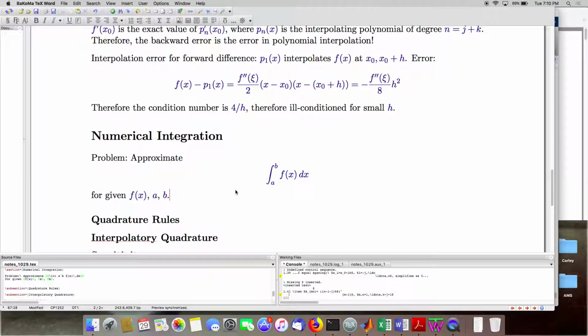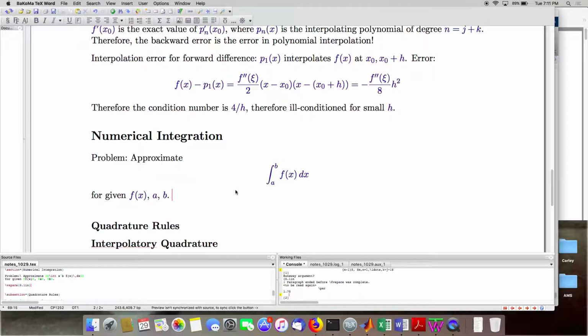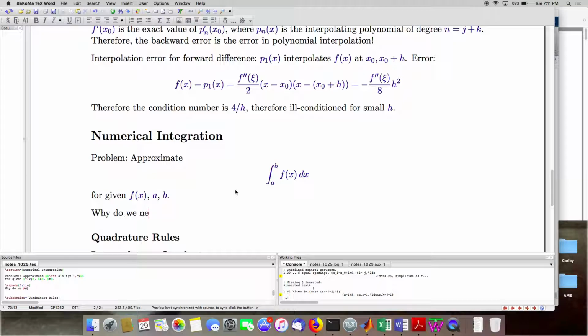because you learn how to integrate in Cal 2, and also there is software that can integrate, that implements those integration techniques, plus other ones that are too advanced for an ordinary Cal 2 class. Okay, so why do we need numerical integration? First, for a similar reason as I pointed out in numerical differentiation,